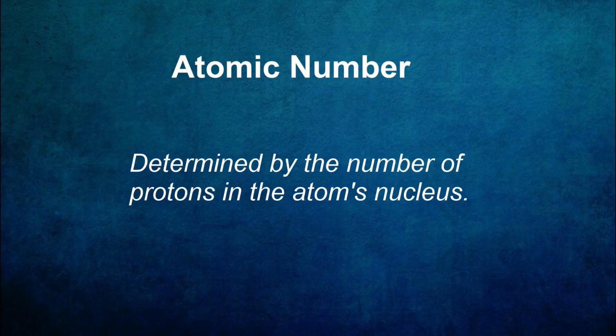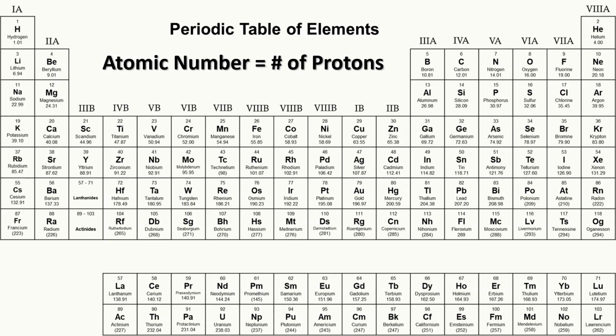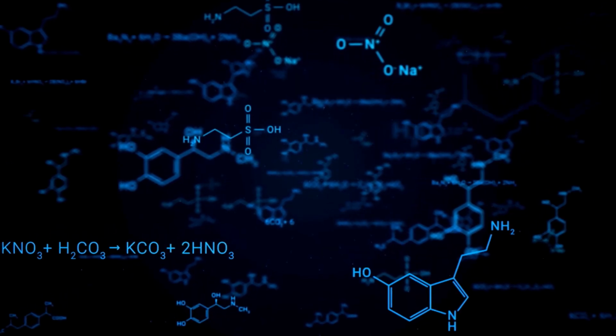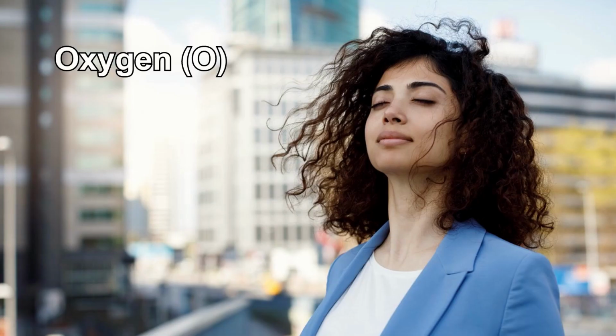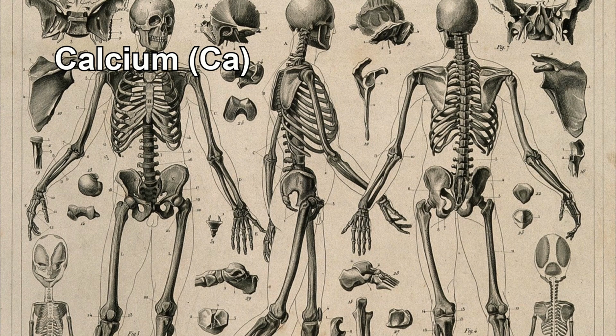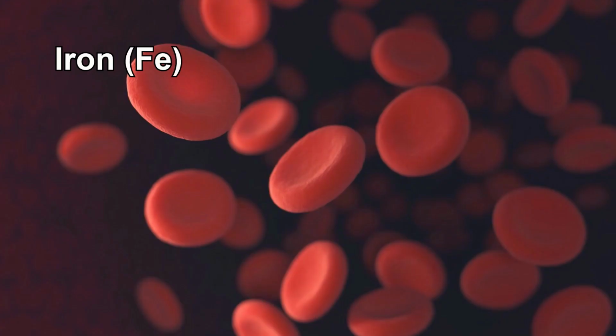The atomic number represents the number of protons in an atom's nucleus. It is a unique identifier for each element. For example, hydrogen has an atomic number of 1, carbon has 6, and oxygen has 8. Elements have unique physical and chemical properties that make them suitable for various applications. For example, oxygen is essential for respiration, calcium is crucial for bone health, and iron is necessary for oxygen transport